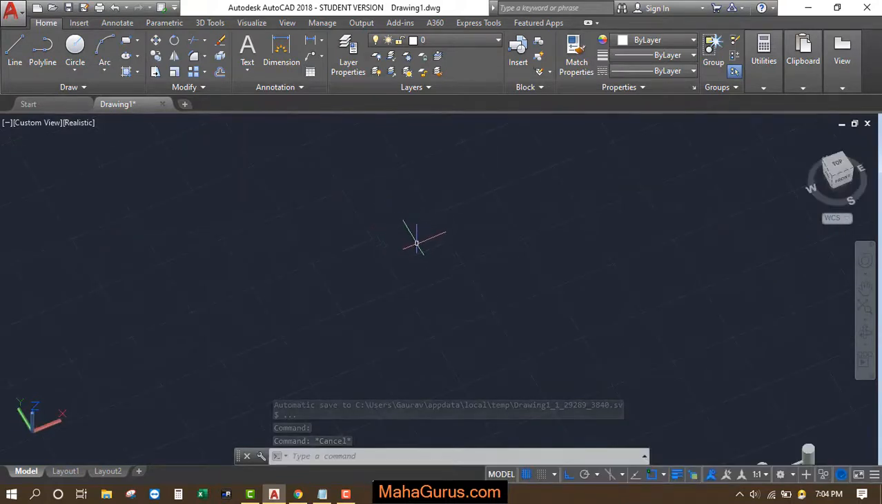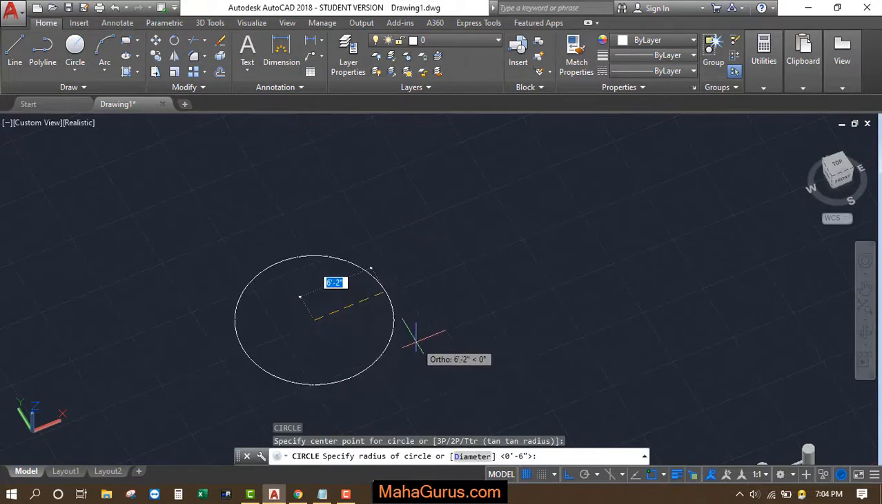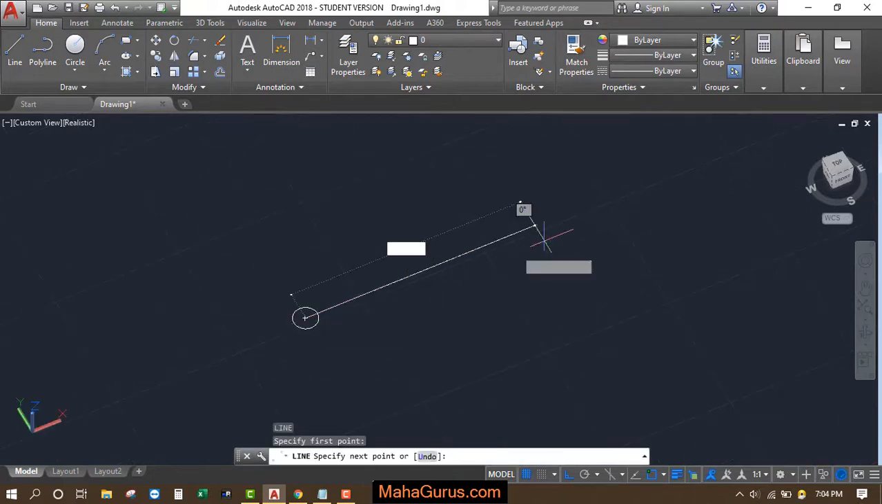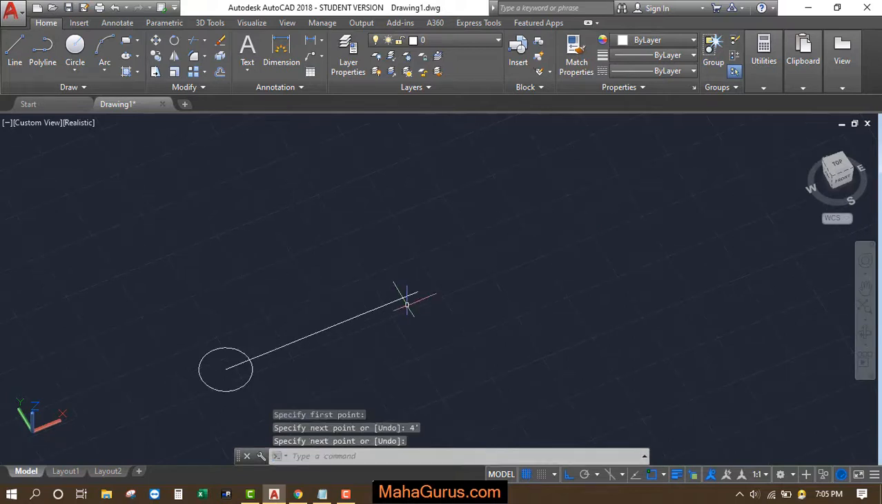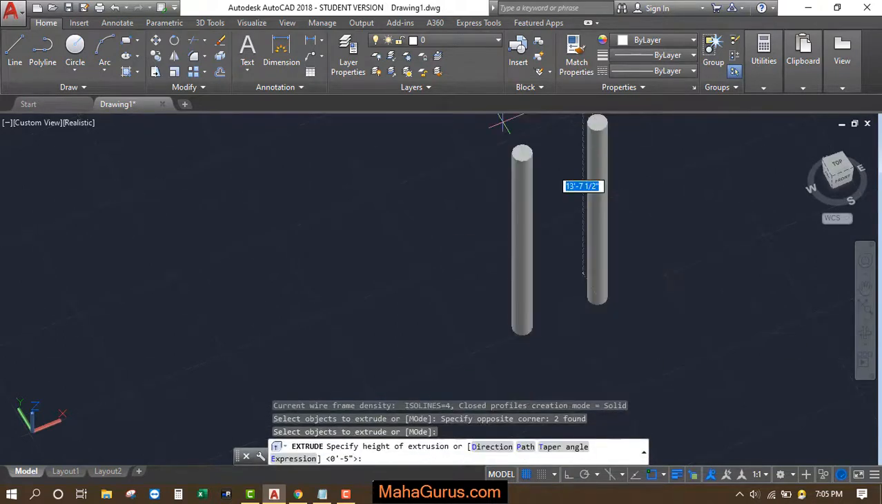So we will use the circle command. Let's create a circle of 6 inch and then use line command and make a line of 4 feet and again create a circle over here of 6 inch. Now what we have to do is we'll just delete this line and then extrude this circle of total height